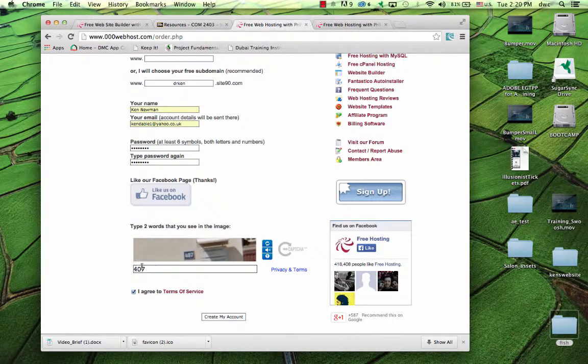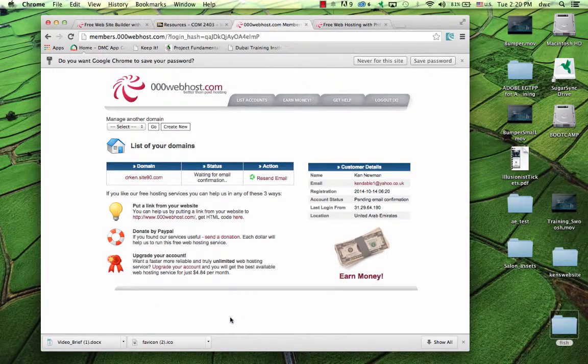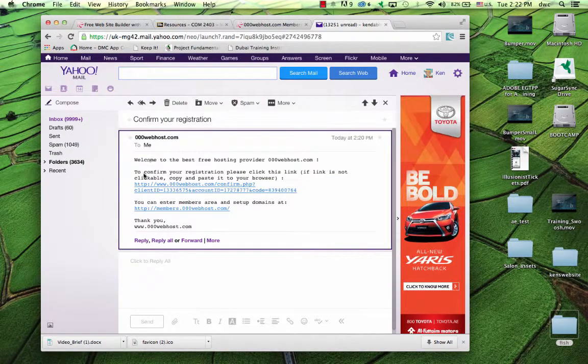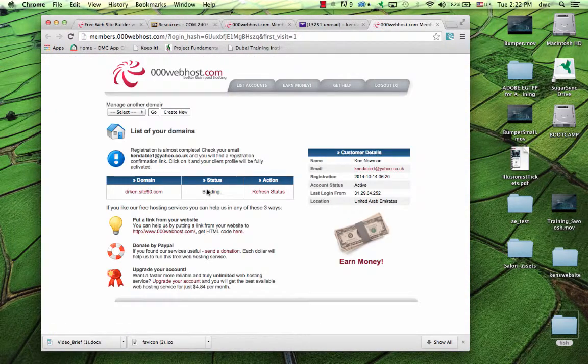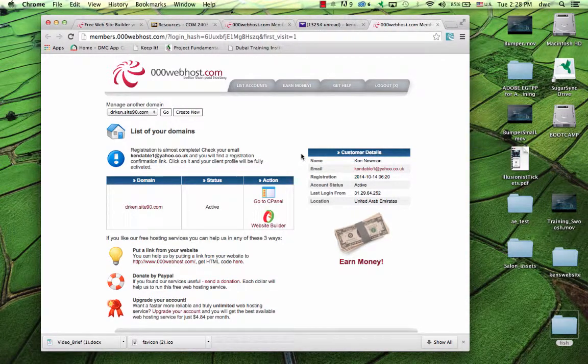So I've finished typing in my details. There's the 407, and I'll just create my account. And so the status at the moment is waiting for email confirmation. So over in my mail reader, I find my mail from 000webhost.com, and I can click into this long link here to send my confirmation email. So my site is now confirmed and the status is building. So it's taken about 3 minutes, and I now find that my status is active,